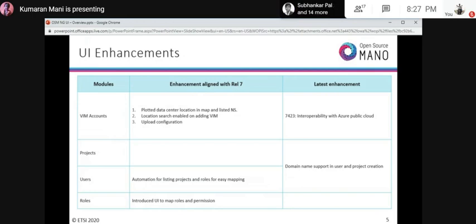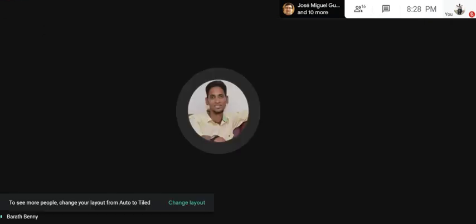While I go for roles, purely for user experience, I think most of us faced this while creating roles. Generally, the user has to understand all the permissions. While you go through the list of all the YAML permissions, and then you can create the role. Now we will introduce a preview mode. So by a simple click and touch, the user is able to create the roles. We listed all the permissions available in the NBI log. These are the enhancements we carried out as part of Release 7.